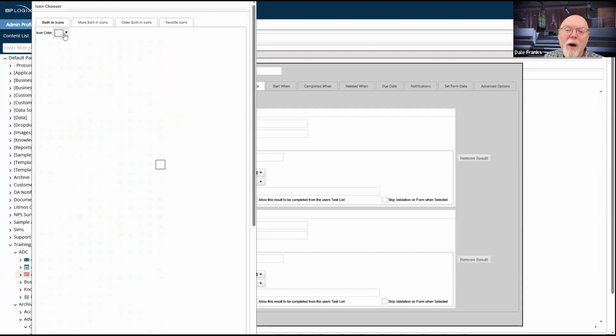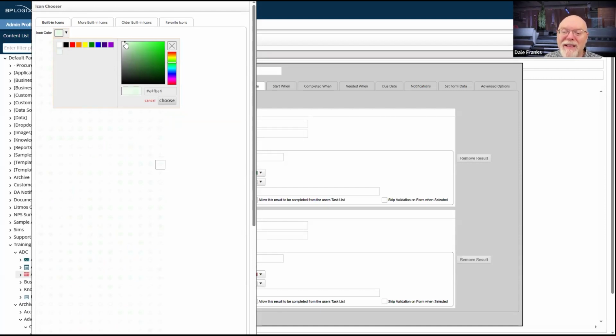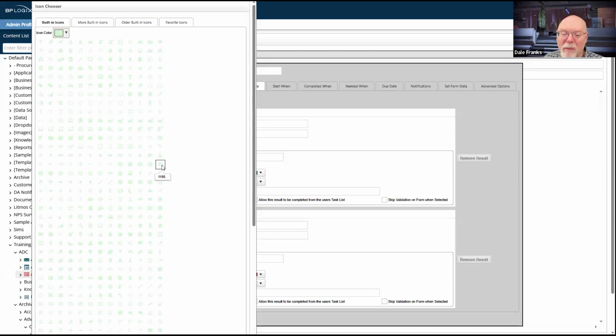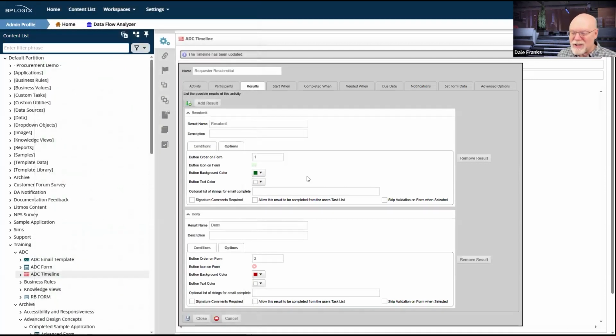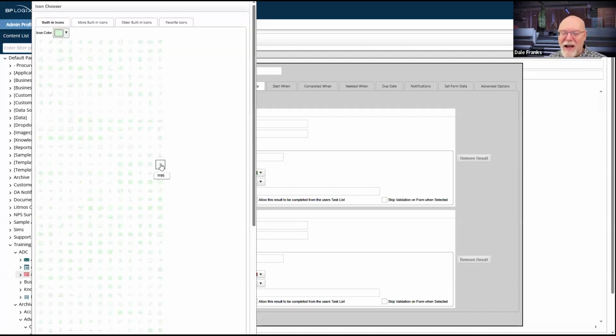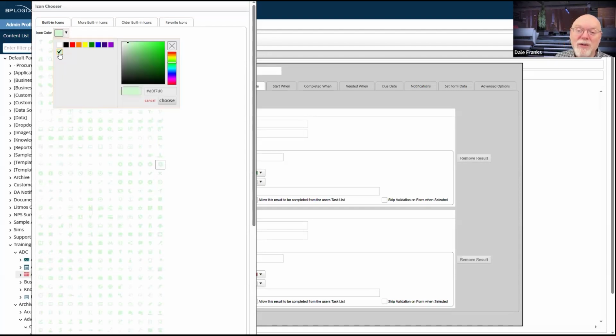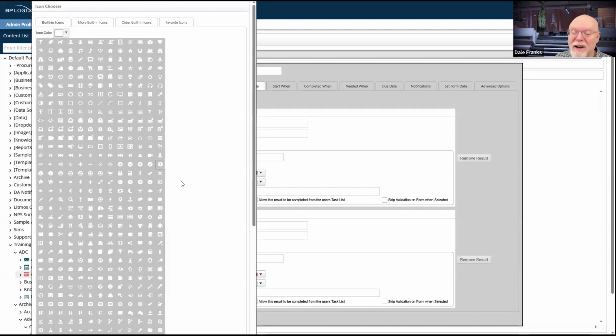So this is one little workaround that you can use if you don't like the tedium of figuring out exactly what the white icon is. You might want to go to a little grayer color. I think you might be able to see that a little easier. It's still super light. So you may want to just go with white and just live with the idea that you're going to have to click this and see what the icon is. And honestly, it might just be easier to go with white, because at least on the icon chooser, I can see the icon a little better.